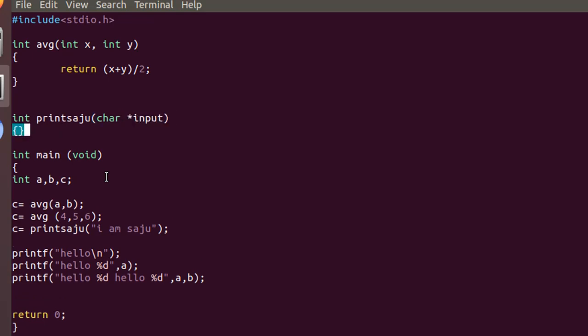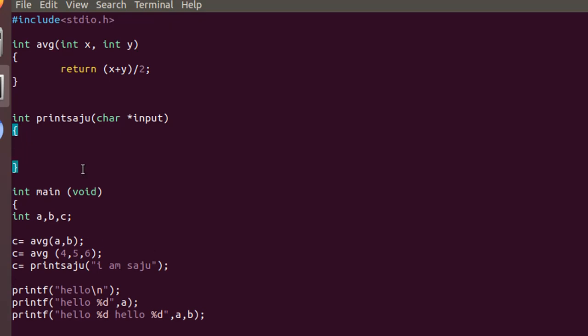So how many inputs did you get here? One input. So the address of this will be passed to it, so it will have the address. If you want, I can show you also.